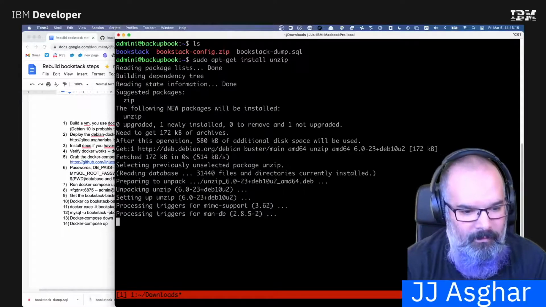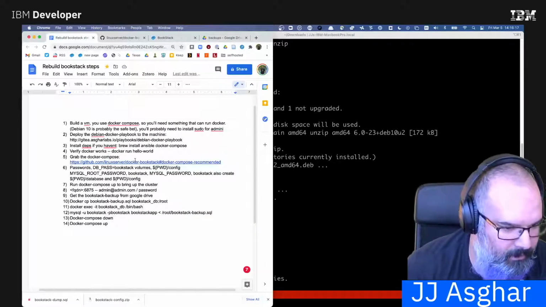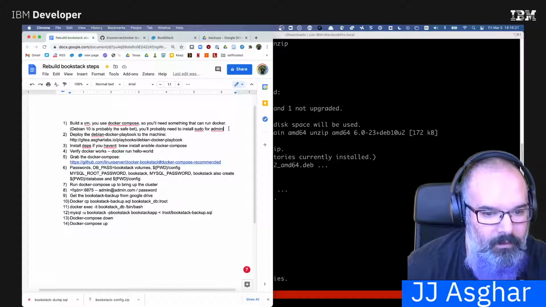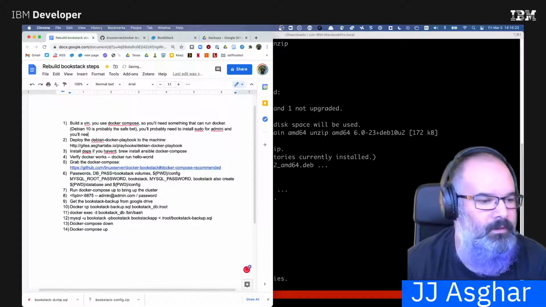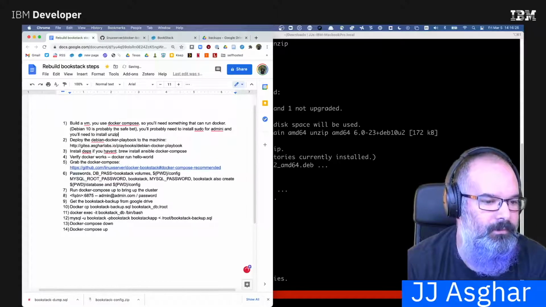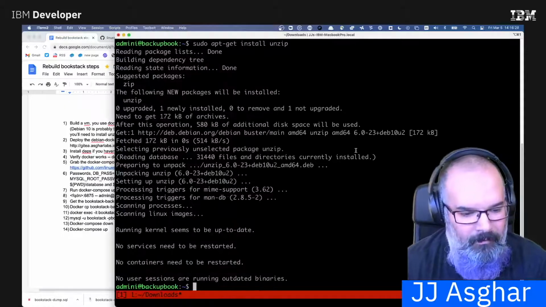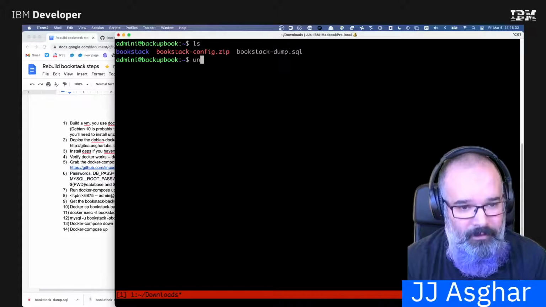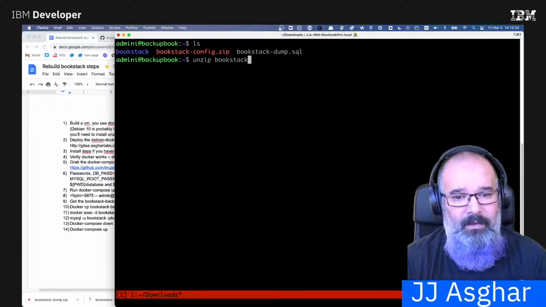Sudo apt-get install unzip. Well, that's a first problem. I should probably put that in my notes. And you'll need to install unzip. There we go. Because I know for a fact I am going to be very frustrated when this actually happens in real life. So if I do unzip BookStack config,